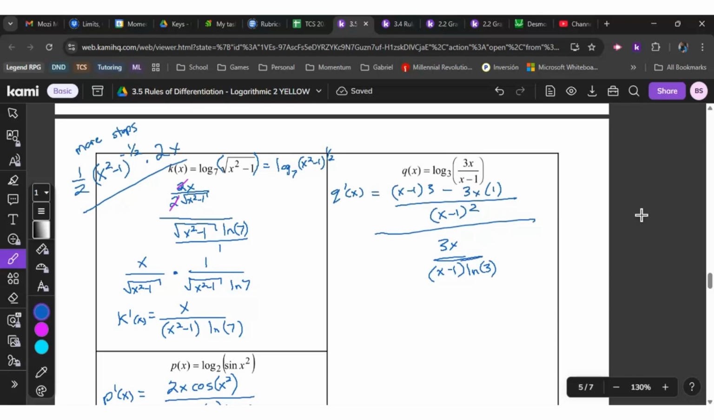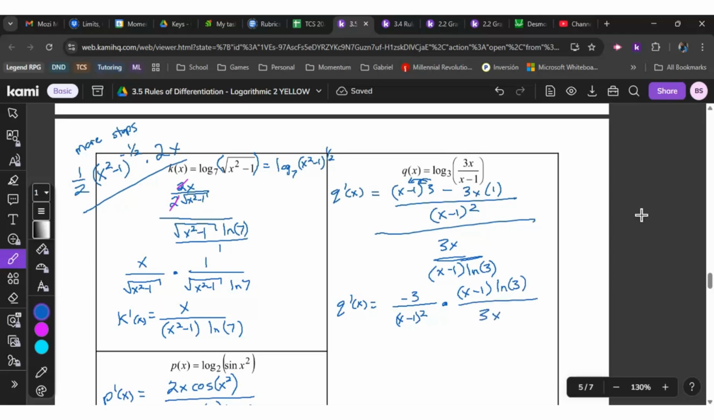Now, keep, change, flip, right? So q prime of x is going to be this first thing, but let's simplify it. So what's 3x minus 3x? 0. Thank God. Because if I distribute this 3 in, I'm going to get 3x minus 3x that cancels, but I will still have the negative 3. So I'll have negative 3 over x minus 1 squared times x minus 1 ln of 3